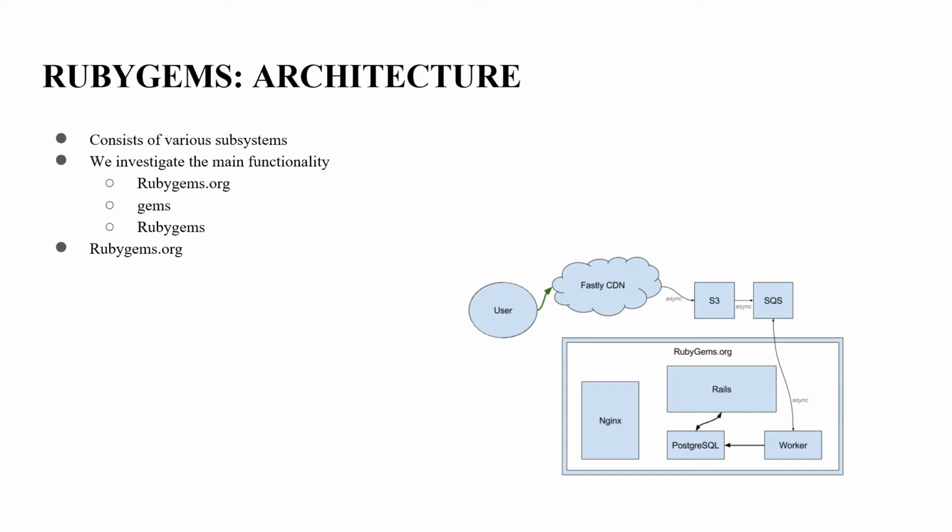Now let's take a quick look at the first subsystem that we are talking about. That's going to be rubygems.org. This is essentially a Rails framework, and as you can see with the picture that I've provided here, the user sends out a request, and that request is essentially rerouted to the CDN, the Fastly CDN, which is a content delivery network, and eventually